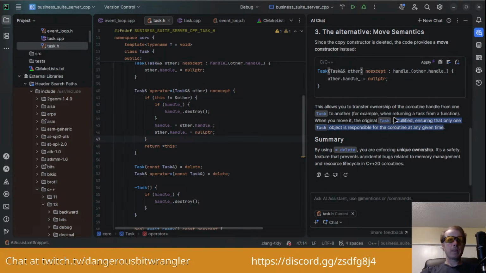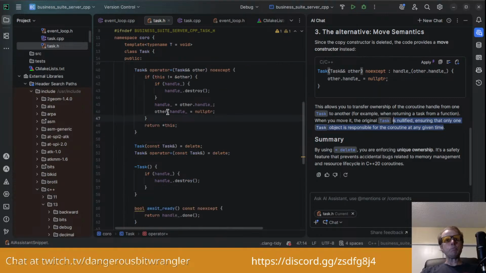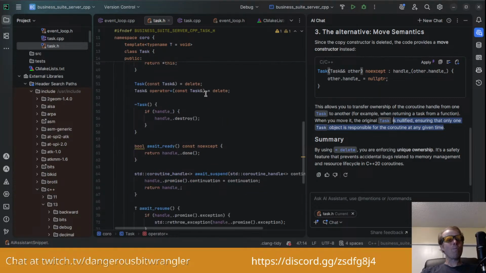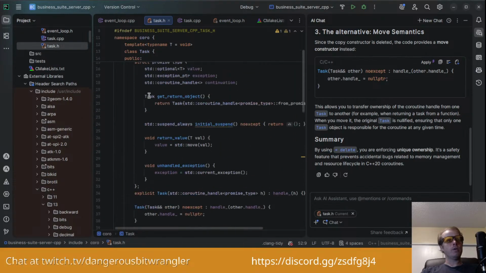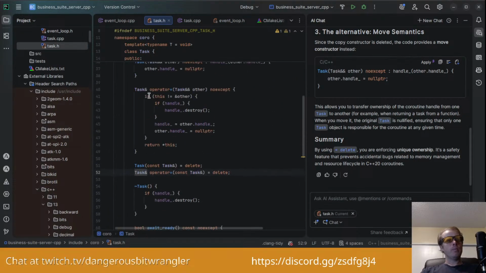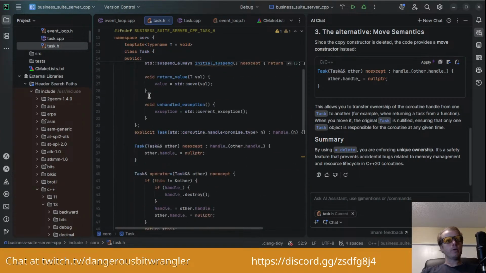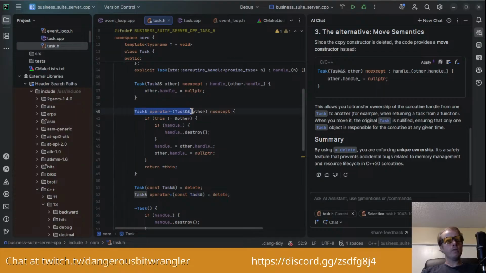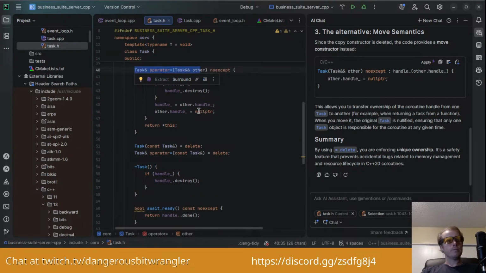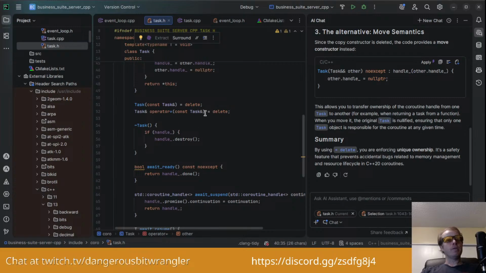Okay. We're also deleting the default equals operator, I think. But it appears we also defined an equals operator here, right here. But it expects a const Task.